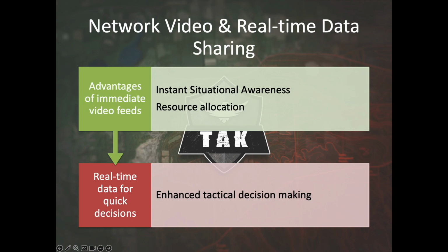So why is it important to have a network that can support video streaming? It's instant situational awareness, enhanced safety for your responders, and efficient resource allocation. And ultimately, what it comes down to is it helps you make enhanced tactical decisions. You need that real-time data to make those quick decisions. Rapid access to real-time visuals is really important to make those accurate,